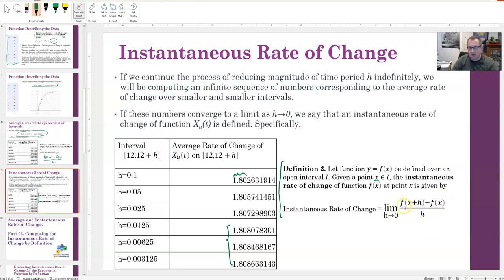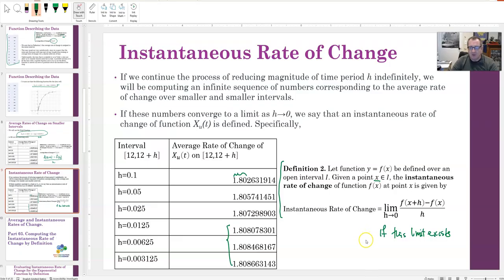In the numerator we have f evaluated at x plus h minus f of x, and in the denominator we have h. So it's a change in the function divided by the change of the variable. If this limit exists,